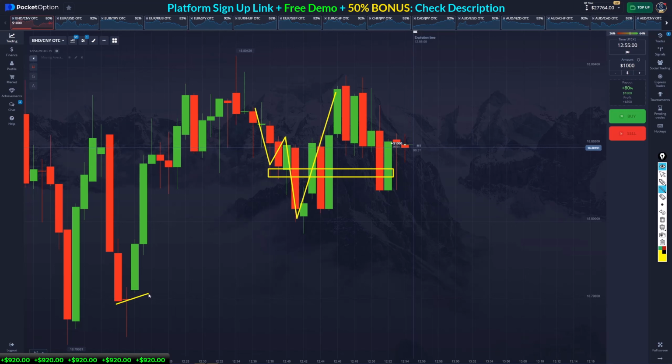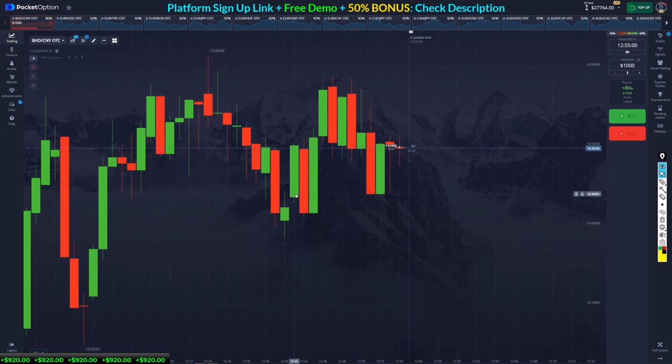QM zone. Sometimes we have a trend line matching the QM zone, and the entry probably would be here. Let's see how this candle is going to close. Some people say that